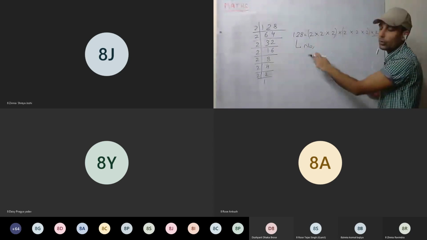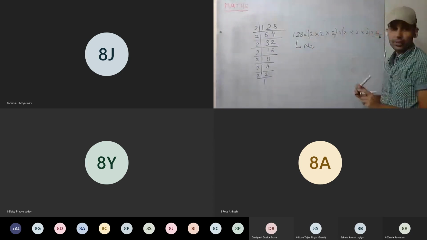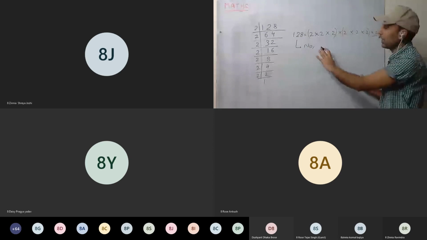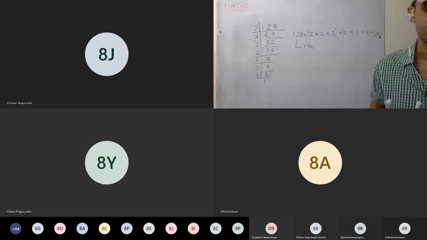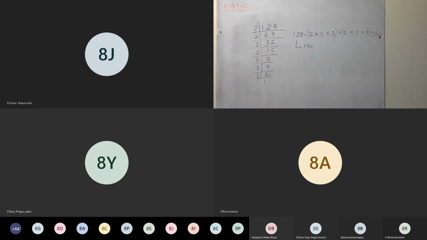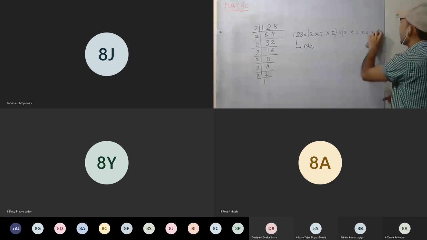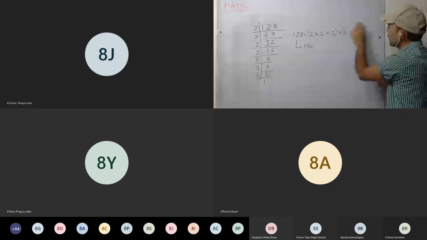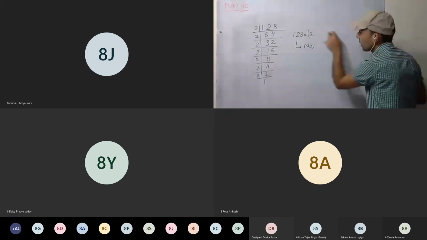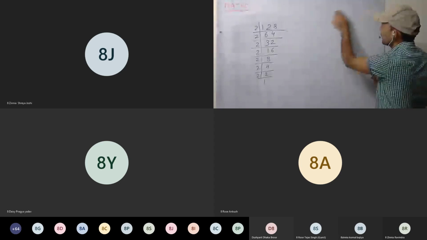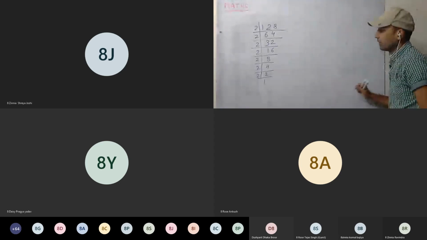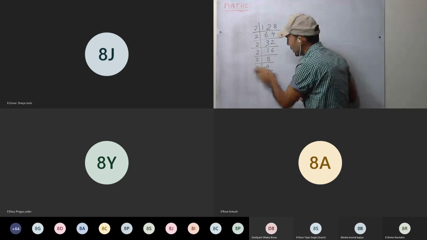Now, if it is not a cube, we don't have to find whose perfect cube this is. So our question answer ends here. Is this clear? Yes, sir. Okay, now do the second one. Anyone who understood, do ask now, or else you'll be in trouble later on.